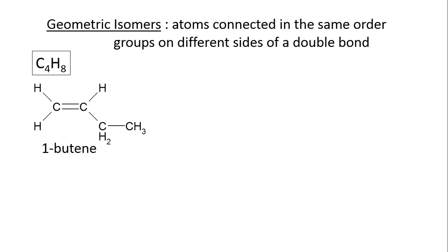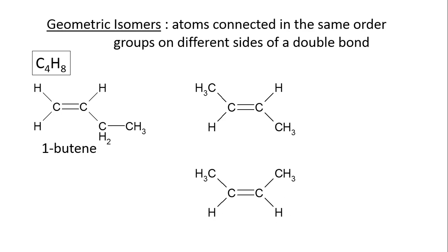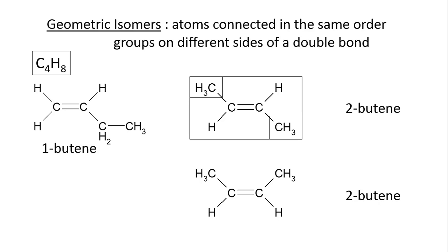But for 2-butene, there is more than one way to draw it. We can draw it where, if you just focus on the carbons, they are in a zigzag pattern. Or we can draw it where the carbons are more in a U. These are actually different compounds. While they are both 2-butene, if we draw a rectangle around the top molecule, we notice that the two CH3 groups are all the way across at opposite corners of the rectangle.